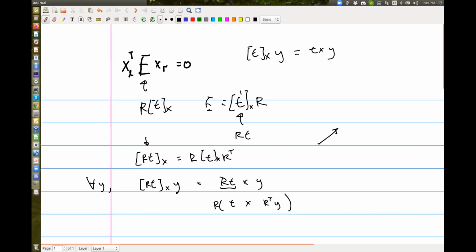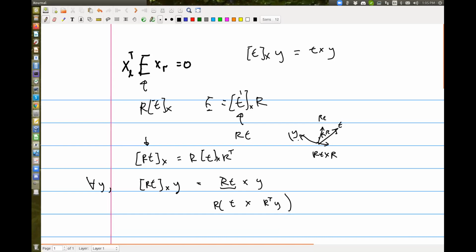Now I rotate it to RT and then make a cross product with some vector Y here. It is very hard to draw in 3 dimensions, but let's say this is RT cross Y. And it would be the same as if I